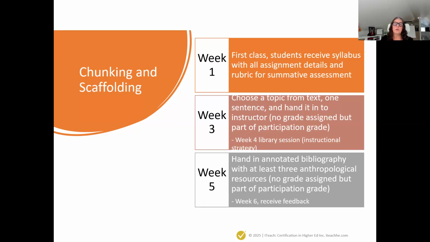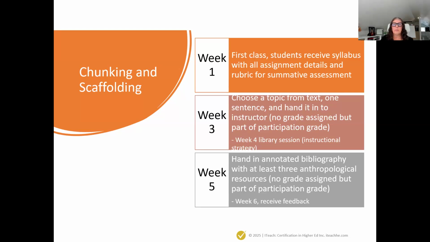So they had to come to the library session, they had their topic, and during that, they learned what an annotated bibliography was, and they couldn't leave until they found their 3 sources. And they had myself and the librarian to help them do that. So they walked away from that with their 3 anthropological resources, and they had to then hand in the next